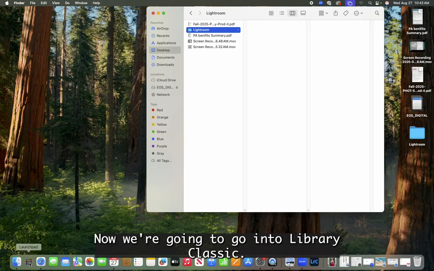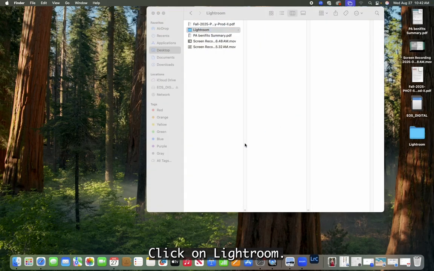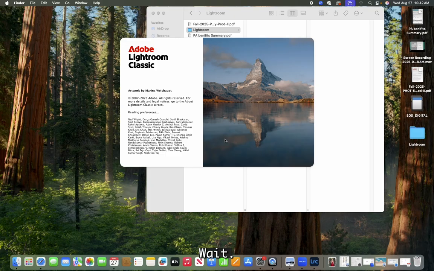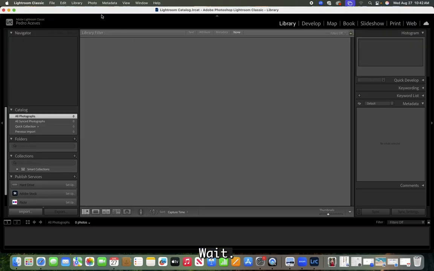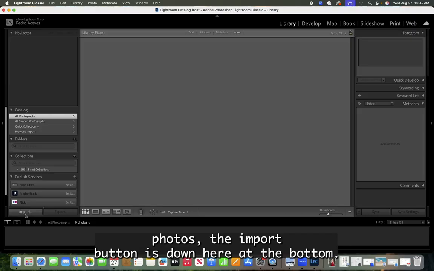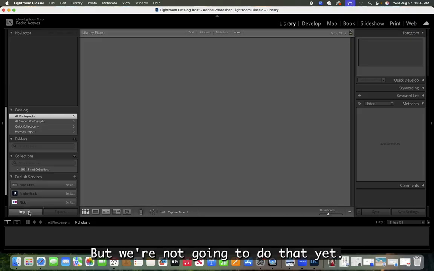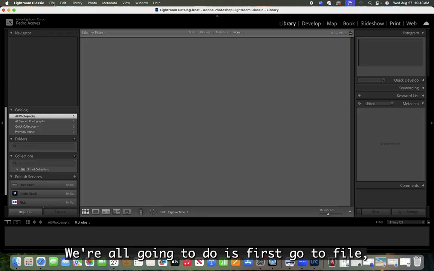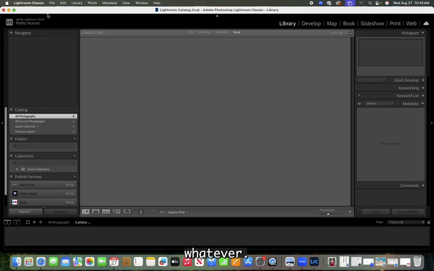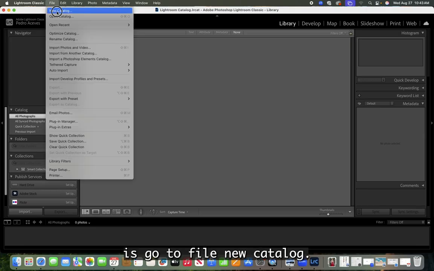Now, we're gonna go into Lightroom Classic, click on Lightroom. So everybody just open up Lightroom, don't import anything yet, just open up the main screen. I want us to get familiar with it. When we're gonna be importing photos, the import button is down here at the bottom, but we're not gonna do that yet. What we're all gonna do is first go to File, New Catalog,